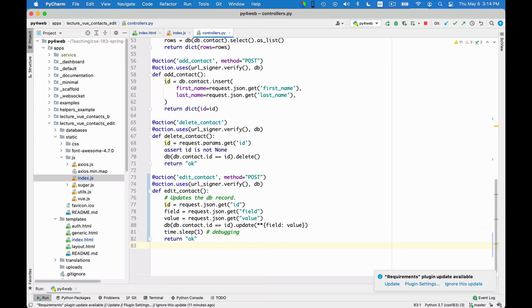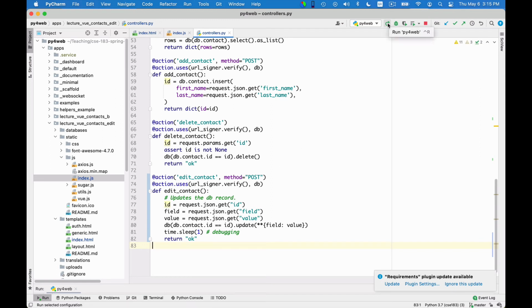Why do I sleep for a second? Because when I transmit an update to the server, I will display this pending icon on the screen. If the server is incredibly fast and the local server is incredibly fast, this will happen so quickly that my eyes will miss it. It will take a few milliseconds. My eyes are not fast enough, and neither is the animation, by the way. So if I add a delay of 1 second, it will make visible this stage in which the field is pending, okay? So I can save these and I can reload.